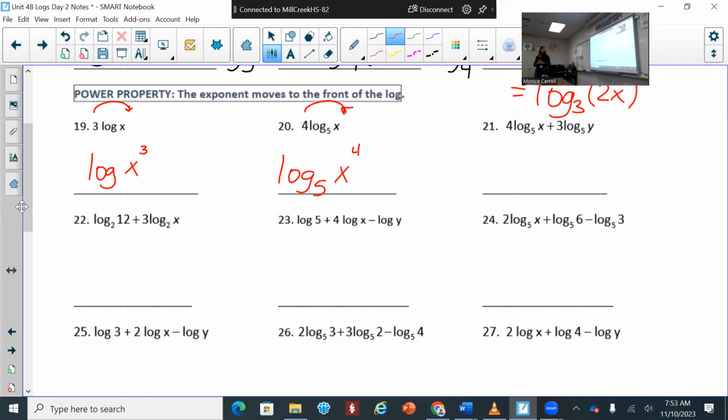Okay, good. All right. Same thing's going to happen here, and then we're going to combine. So this one's going to be a two-step problem. Let's start with making the coefficients exponents on the other parts of the logs. Start it out, somebody. Log base 5 of x, x to the 4, plus log base 5,